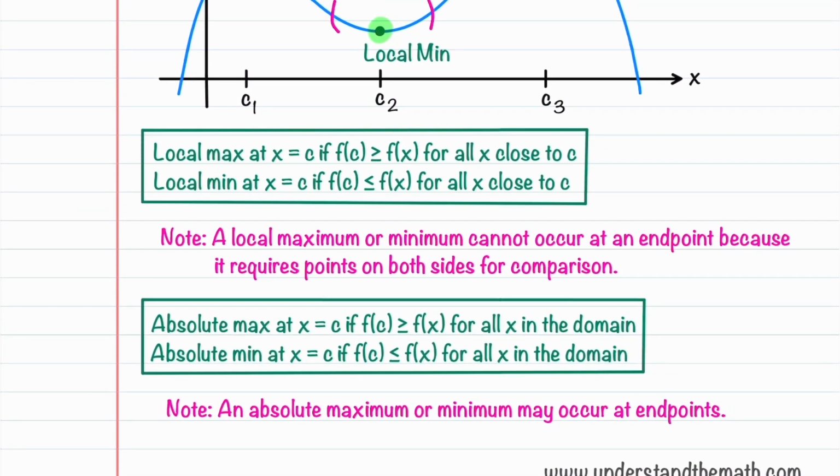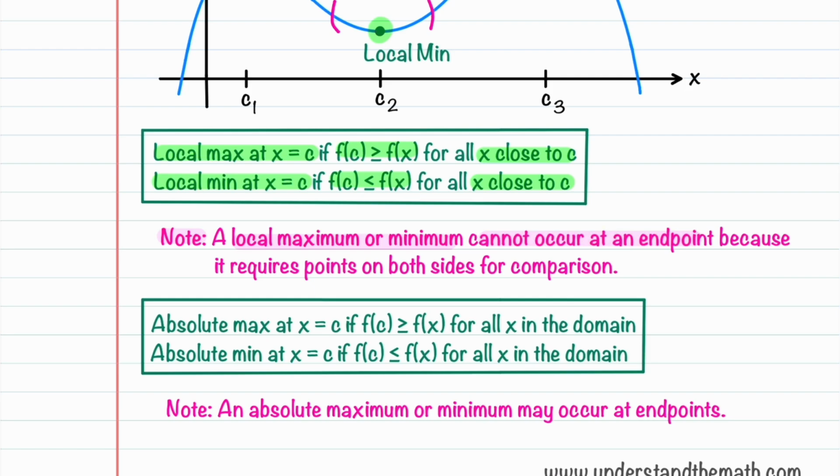We say that a point is a local max at x is equal to c if f of c is greater than or equal to f of x for all x close to c. And then the same thing happens for a min. We have a local min at x is equal to c if f of c this time is less than or equal to f of x for all x close to c. Here's one important note. A local maximum or minimum cannot occur at an endpoint because it requires points on both